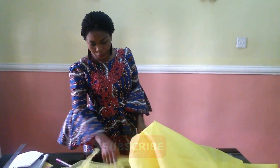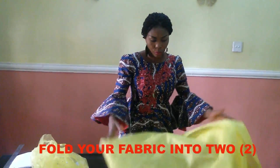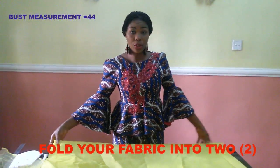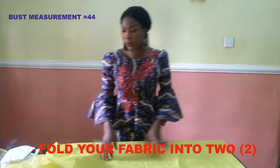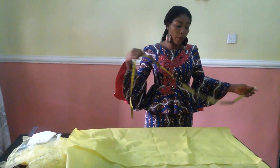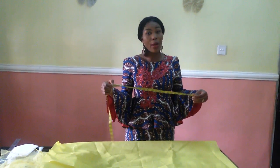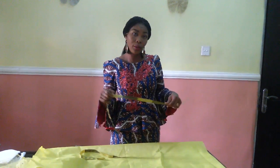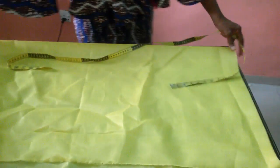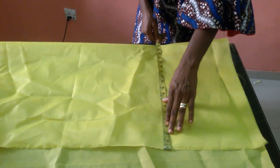So now, first I start by folding my fabrics into two. The bust measurement for this blouse is 44. So for you to know how you're going to be folding your fabric, you divide 44 by 4. That's 11, then add 5 inches to it. That's what we have. It's now 16 inches. So I'm folding at 16 inches. You can make it 17. You can add 6 inches if you don't want to